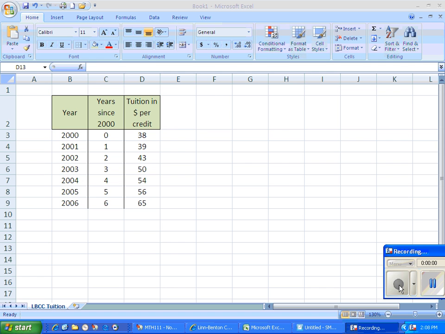Go over how to use Excel to do a linear regression and produce a scatter plot along with the trend line. So my data set here is the tuition at LBCC over various years. So I have my years here from the year 2000 to 2006, the tuition in dollars per credit,